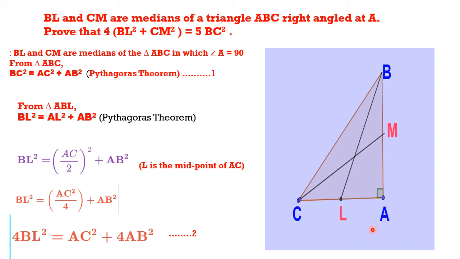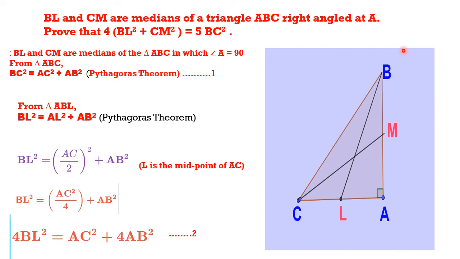The vertex A is right angled. As you can see in the question, it is already mentioned that it is right angled at A. So you should fix the point A at the right angle. Even the point B is fixed because the median CM is falling on the side AB. So B will be just near A, and that too where the M is falling. So this vertex is also fixed. Similarly, the vertex C is also fixed because it's already given that CM is falling on AB. So you can easily see that C will be just opposite to M. This way you can find out how the figure will be drawn.